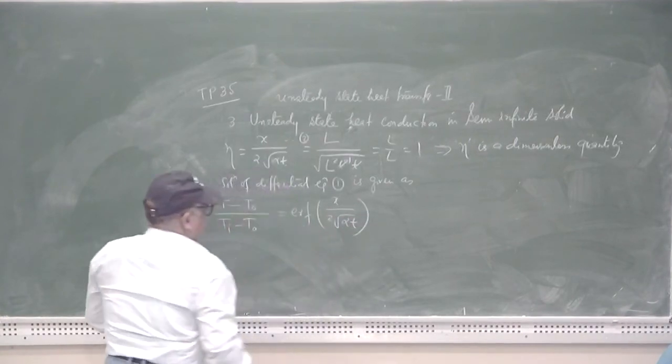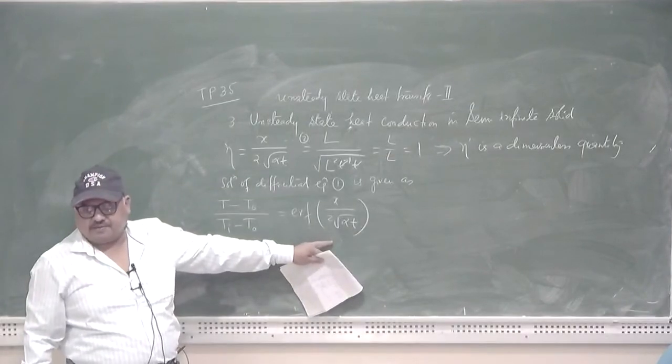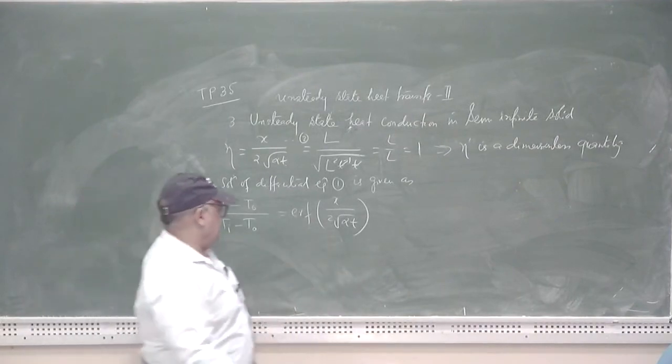This error function eta, or error function x divided by 2 under root alpha t, is defined as